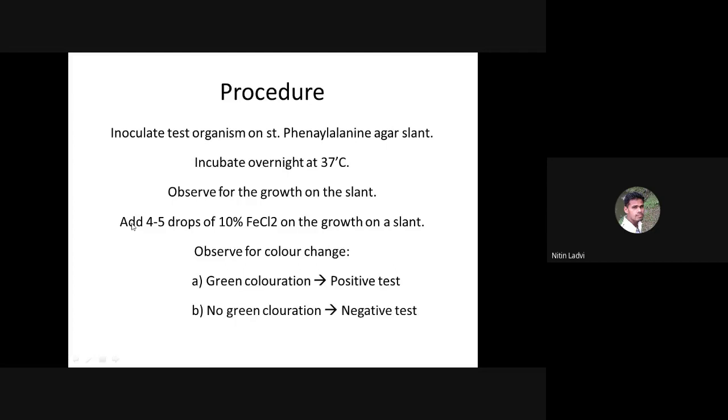Okay, and it is also recommended that you observe the color change within 5 minutes, because, being a complex of ferric ions and phenylpyruvic acid, there is a probability that the color may fade. And if you observe the test after about 5 to 7 minutes, you may also get false negative results. That's why it is recommended that you observe this test within 5 minutes. Obviously after addition of the reagent, you may get the color development within 1 minute also, or within a few seconds also. Okay, but you are not supposed to delay the observation, as it may fade the color and that can give rise to false negative results.